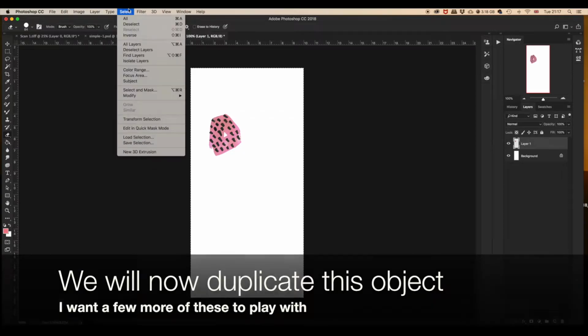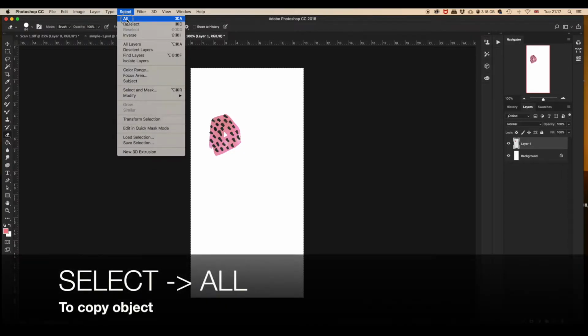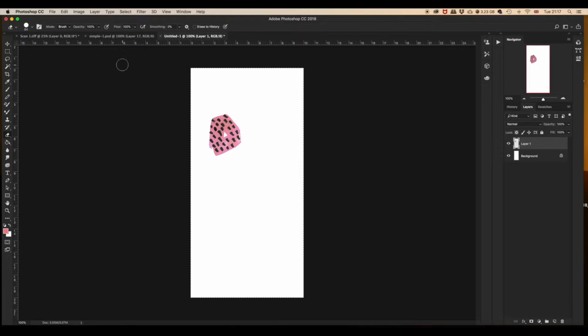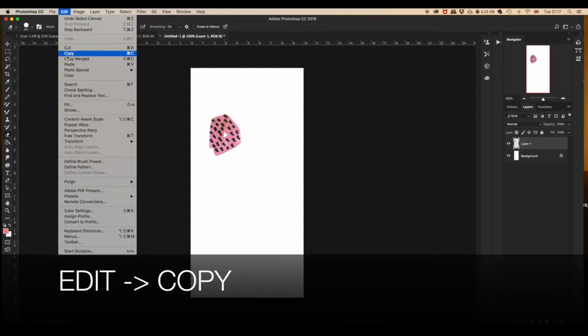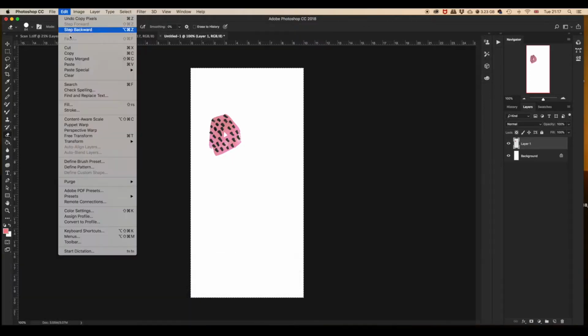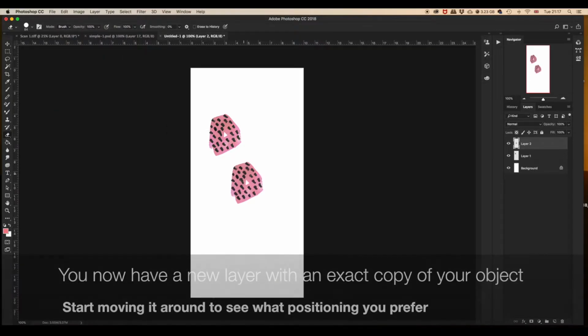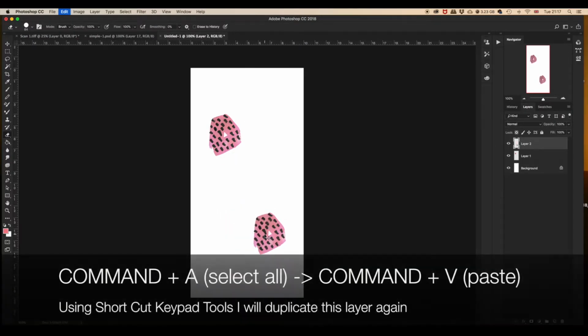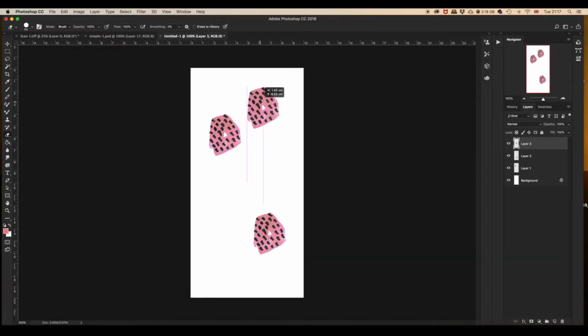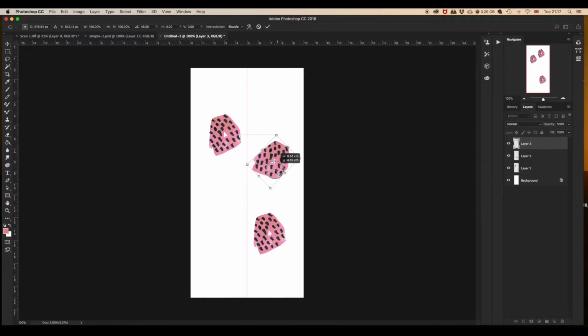And now we're going to duplicate that image by selecting all and then heading to edit, copy, and then edit paste. Be aware that you will now have a new layer, so everything on that layer is editable unless you change it. We're going to copy and paste it again, and I recommend just having a play around, seeing what works